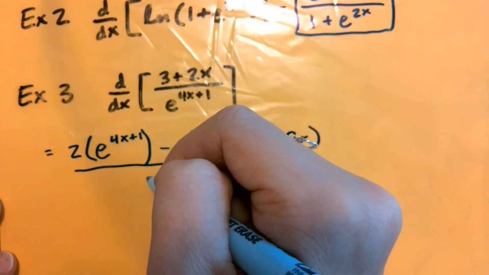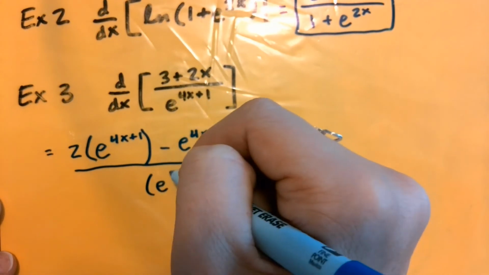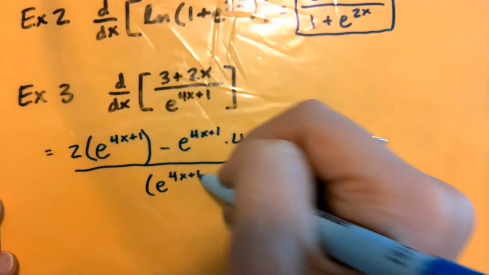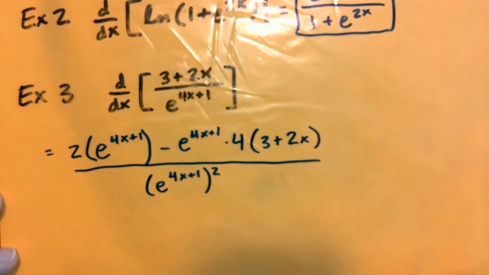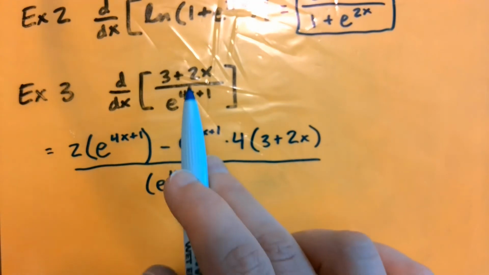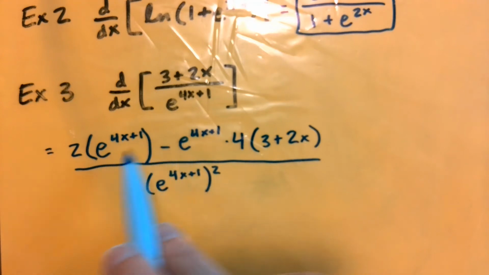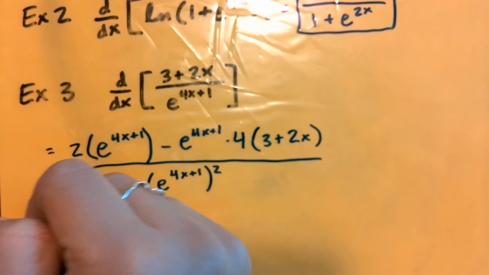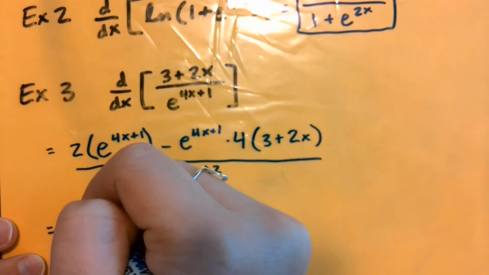And it's going to be all over my denominator squared. Okay. And remember, for something like this, we don't necessarily have to simplify it that much at all. Something that you might notice is that we can factor out an e to the 4x plus 1 out of both of these, and that's going to allow us to cancel one down here, since that derivative was the same thing, we ended up with it in both places. So an easy thing that we can do to simplify,